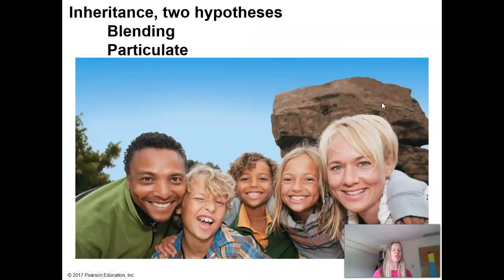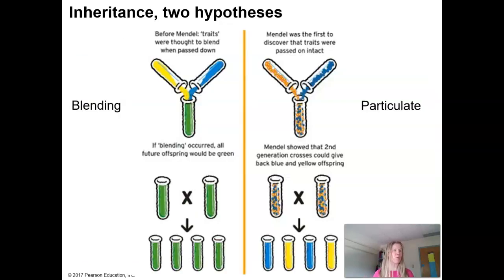And if you think about it, you're looking at this family, right? And you're looking at these kids and you're going, yeah, they are a mixture of these two parents. And the question is, right, is it blue and yellow make green? Or do the offspring keep those discrete heritable units?